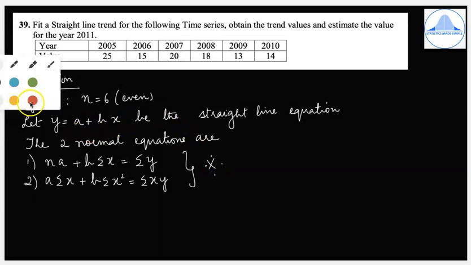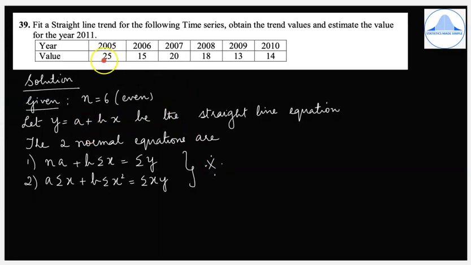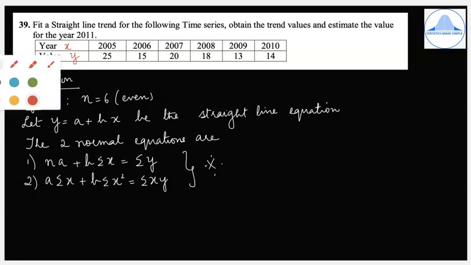Now in the table, we can mark year as x and value as y. If you observe, the x values are 4-digit numbers because they are the years, and if we calculate x square, it will become huge. So to avoid difficulties in calculations, we will use a different formula for x so that the value will become